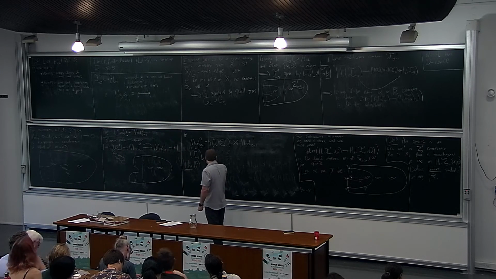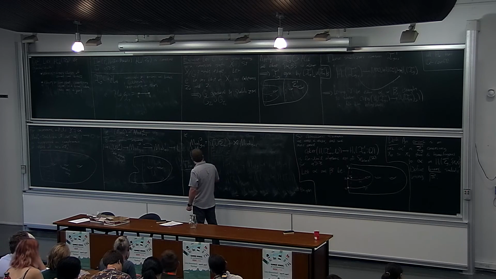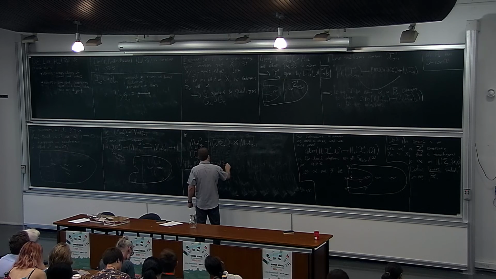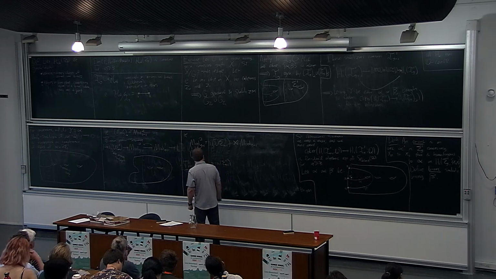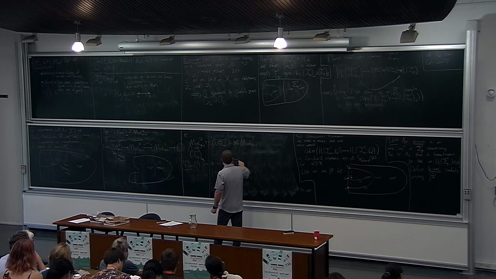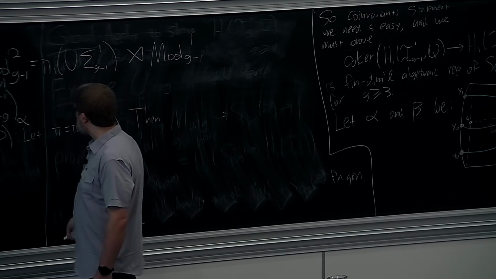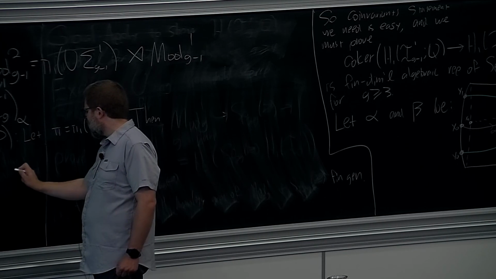It says the following. Let π equal π1 of Σ_{g-1,1}. So we have a similar semi-direct product decomposition if we take the stabilizer